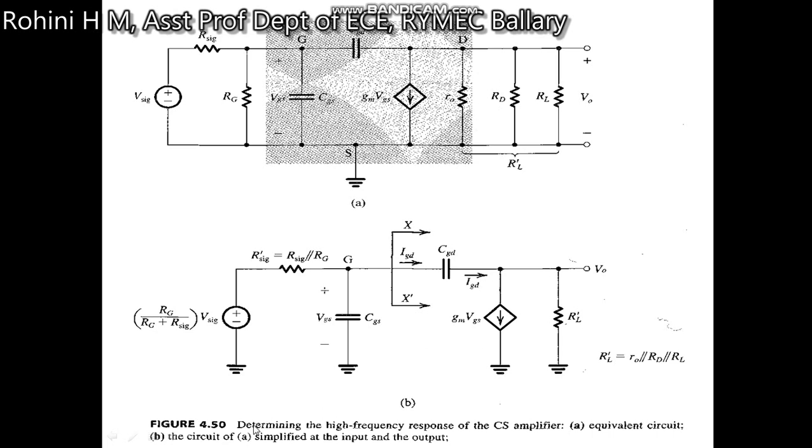So the equivalent circuit is simplified on the input and output. On the circuit itself, we are writing the small signal components as well. V in, here is the V out. VGS we are applying across the capacitance, so here is connected the capacitance CGS. We are deriving the output from the capacitance CGD.